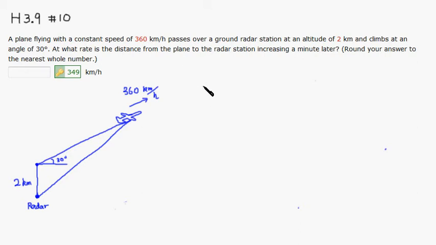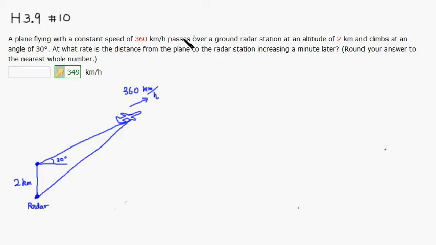Okay, let's look at homework 3.9, number 10. An airplane is flying at an angle of 30 degrees to the ground. The radar is down here, and this is 2 kilometers above. The airplane is flying at a speed of 360 kilometers per hour. The question is asking at what rate is the distance from the plane to the radar increasing